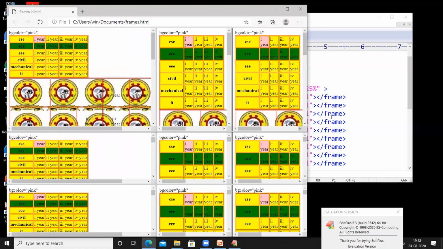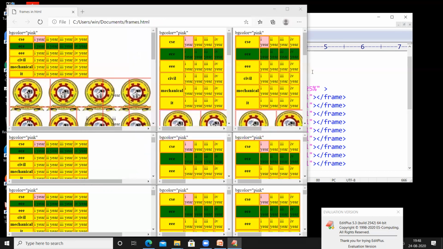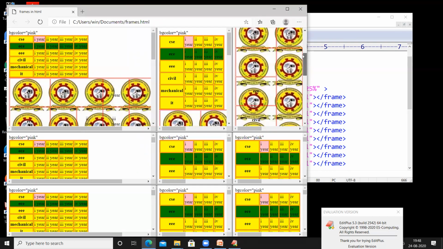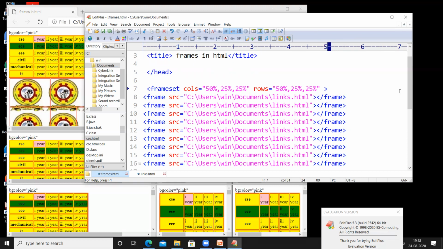So you can observe here, okay, total 9 frames, right? The frames are divided in terms of 50%, 25, 25 in terms of columns, and 50, 25, 25 in terms of rows. So with 3 rows and 3 columns, a total of 9 frames can be inserted here. You can observe this is the first frame, second frame, third frame, 4, 5, 6, 7, 8, and 9. So this is how we can divide our web page into any number of rows and any number of columns.